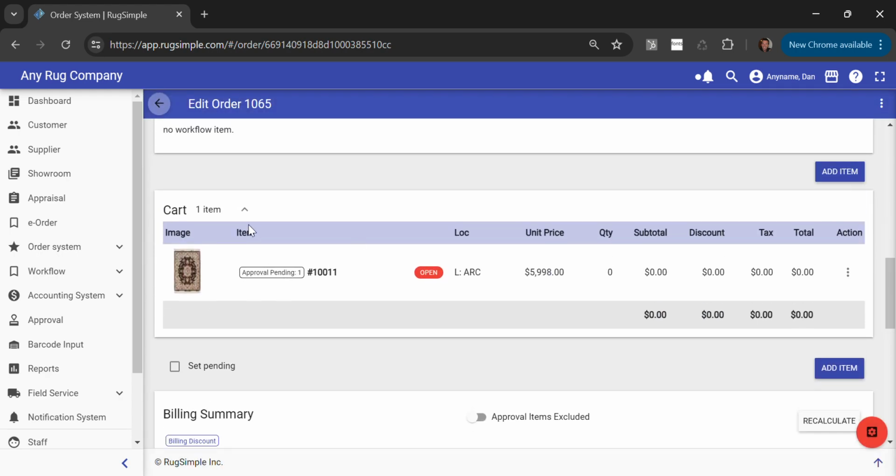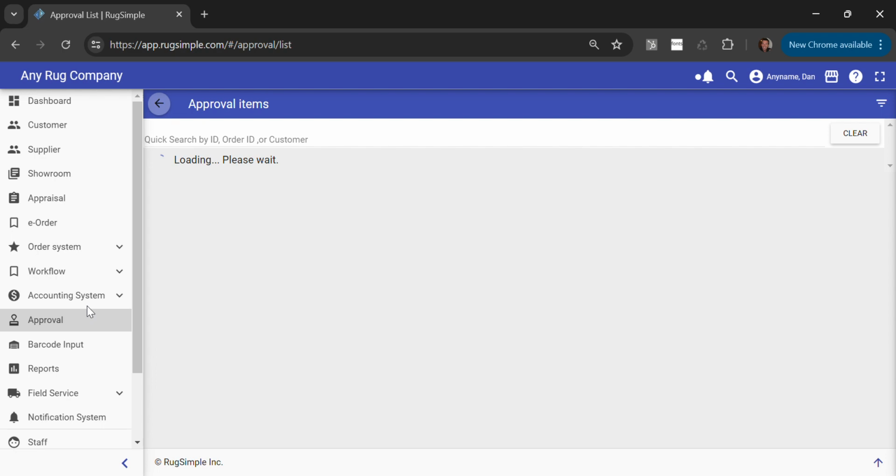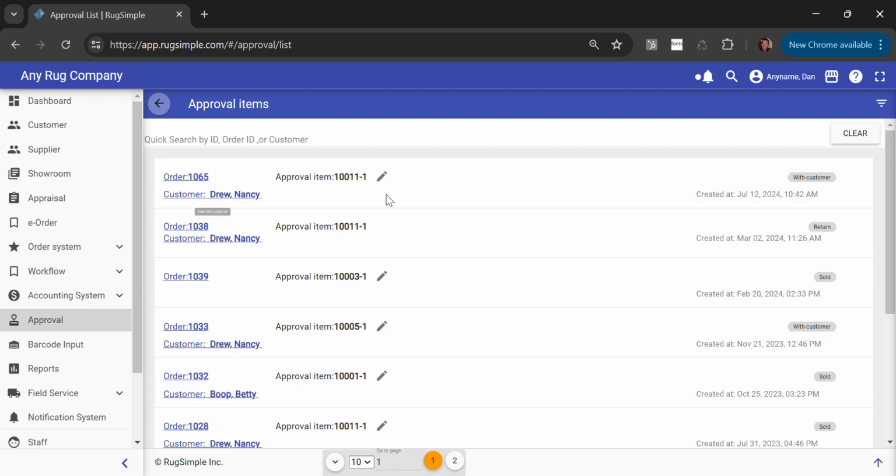So now that this is in here in 1065, this will automatically be part of my approval list. So you can see that's in here. And this is a list of everything that is outstanding, essentially, or anything that was an approval and what the status is. So you can see that this is with the customer. So if the customer takes the item away, and if they call you back and say, I would like to keep it,